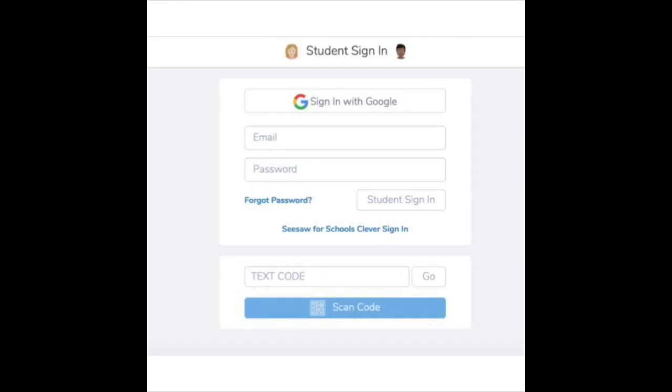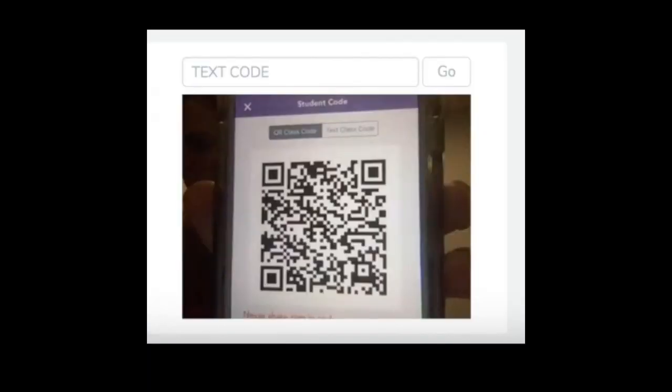Let's first talk about the home learning QR code. To use your QR code, press the blue Scan Code button. You can find the Scan Code button here. Press it now. Then you will scan the home learning QR code with your device using the built-in QR reader in Seesaw. Depending on your device, you may have to click Allow to let the reader access your camera to scan the QR code.